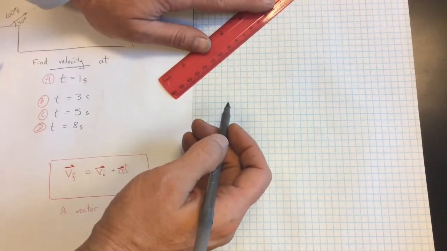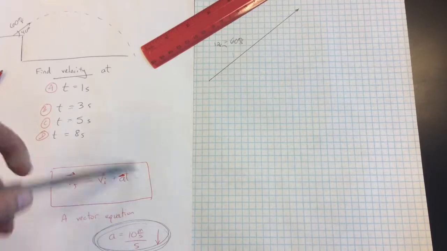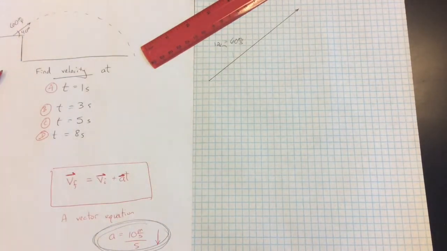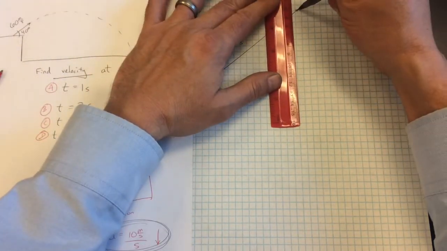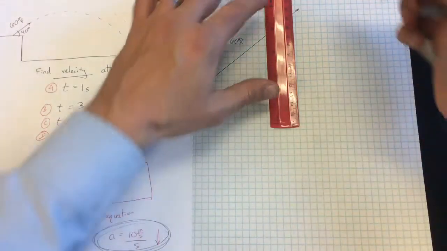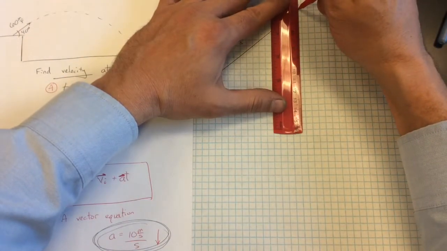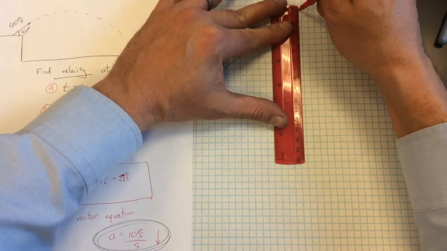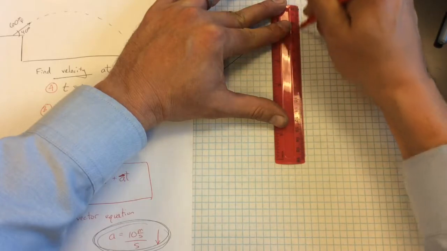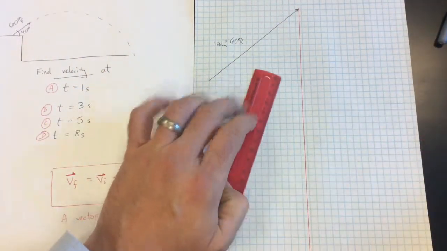I'm going to make that 12 centimeters long. Now the acceleration times time. Time is a scalar and the acceleration is down toward the bottom of the page. So all I have to do now is take the end of this, use a different color for the acceleration, and draw a line straight down toward the bottom of the page representing acceleration times time. This is the acceleration times time line, which has a lot of different lengths, and we're going to mark it